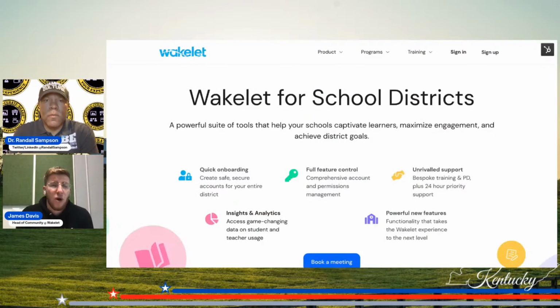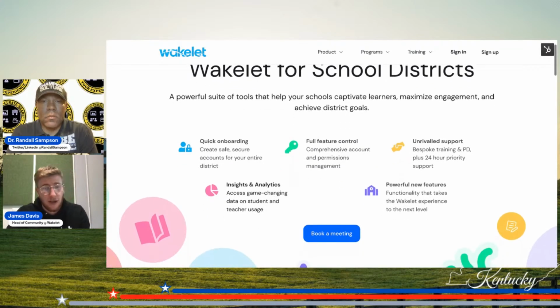Yeah, well, that's the next step in Wakelet's journey as well. And I'll share my screen again. Absolutely. So we've seen over the years that we have a lot of teachers using Wakelet. We have a lot of principals using Wakelet, librarians, and yes, they can use it as teams and with each other. But one thing we're looking at right now is bringing that community aspect, that collaboration aspect, the curation aspect, and all those skills involved in it into your entire school and your entire school district as well.